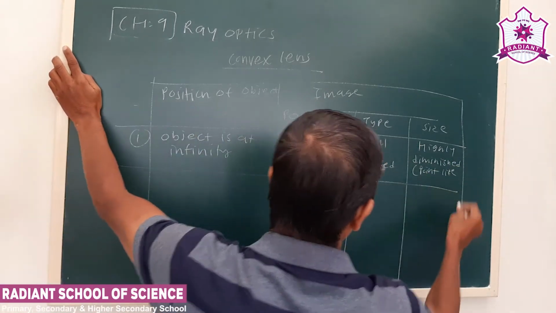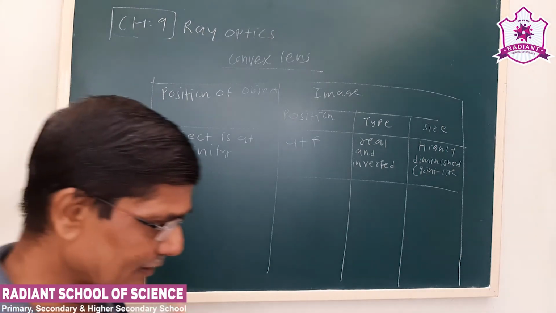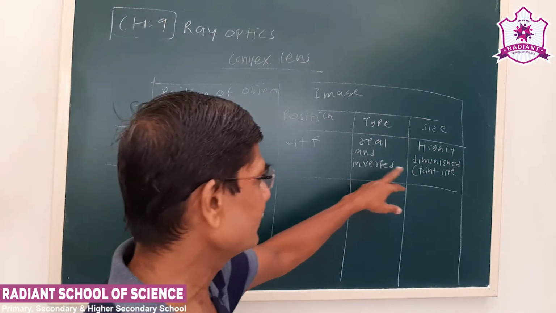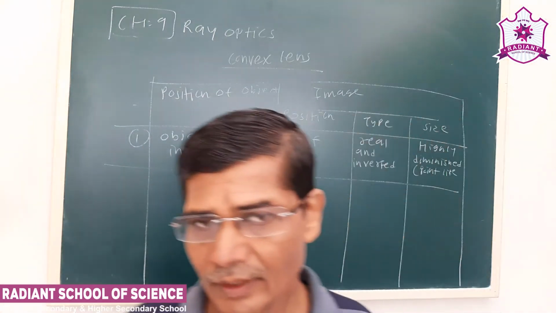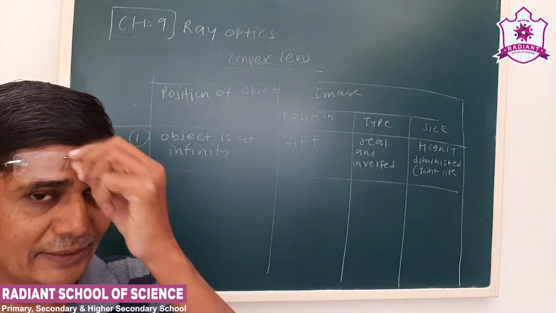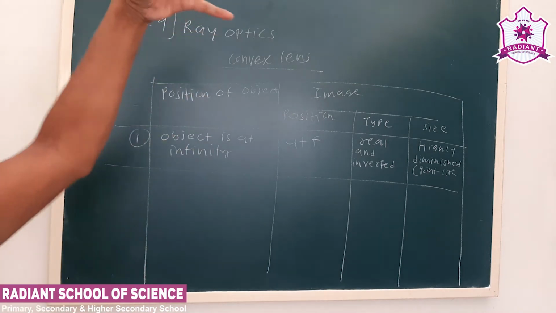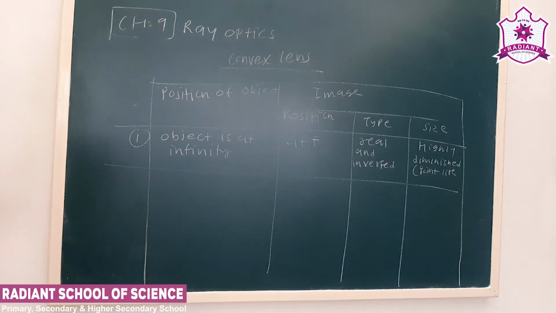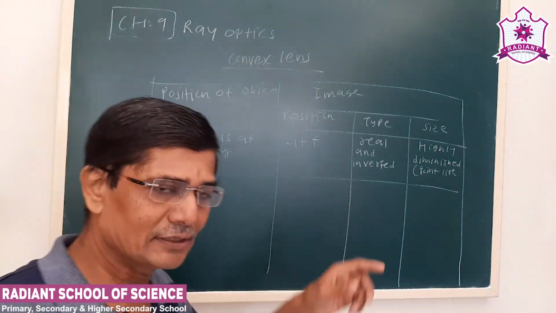First, when rays are coming from a very large distance, we theoretically assume the object is at infinity, the image will be at F, and the image is real, inverted and highly diminished. Now, by using a convex lens, sometimes as a magnifying lens also, we concentrate the sun's rays on paper and try to burn the paper. Why? Because the rays are coming from a very large distance, the image will be at F. So we adjust the position such that it makes F. Because of the heat of the sun, the paper burns. So this is the first case.